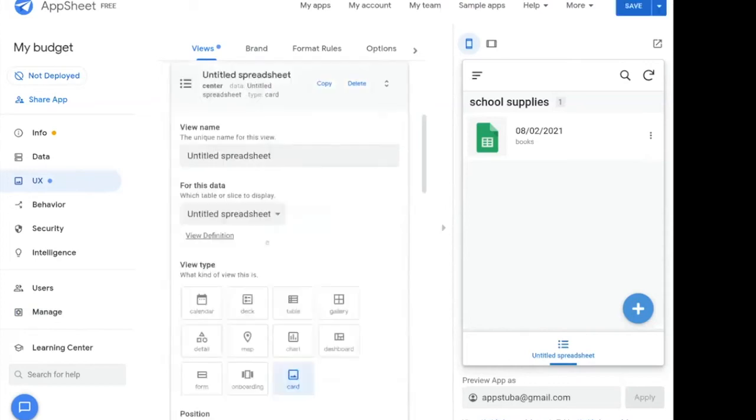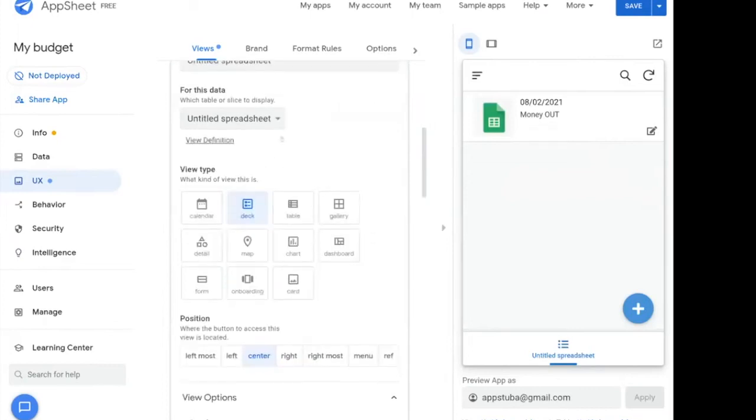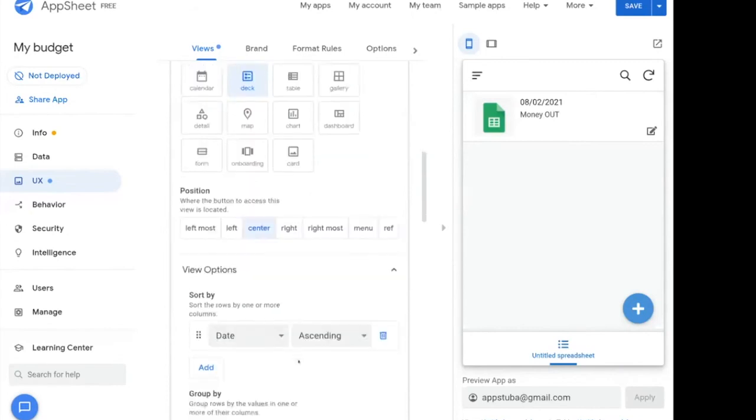Now I go into my view. This is the pretty part. This is where we make it as we want it to look like. So there are options, like one is gallery view, where you have big pictures. One is the deck view, where you have smaller ones. So I go with the deck view. What I showed in the demo to you was a deck view. And I can add some more tabs down here, add more views if I want to.